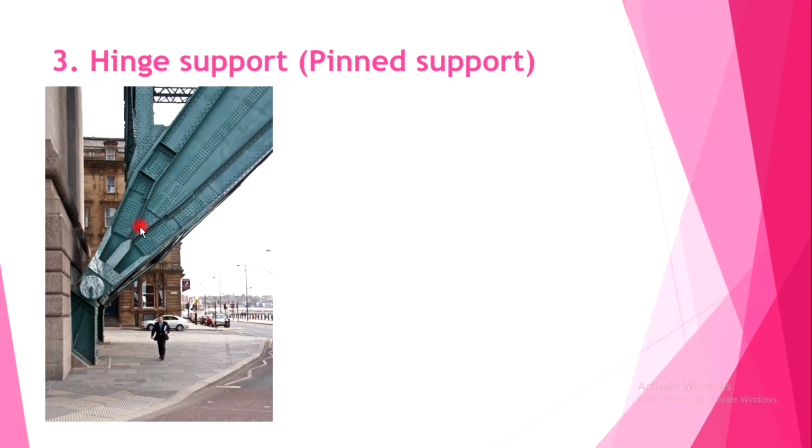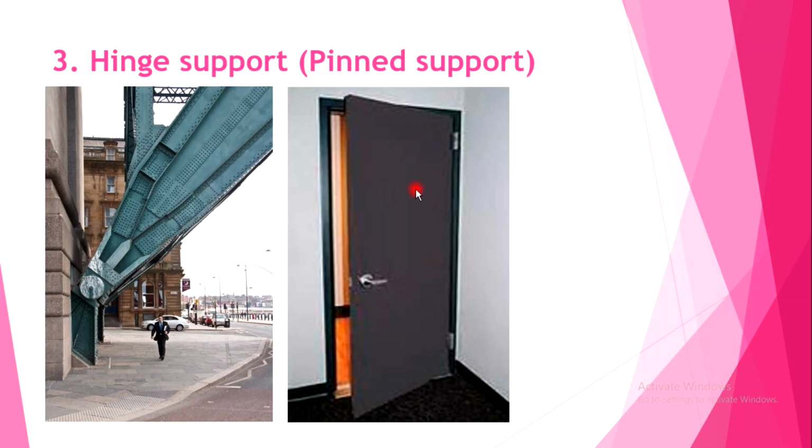Here is a practical hinge support. Here we have a steel girder which is connected to the column by the hinge support. It will allow the structural element to rotate, but it will resist the horizontal movement and vertical movement. The best example for the hinge support is here. We have a door which is connected to the door panel by the hinge. With this hinge support, if I apply a horizontal force, it will not move. If I apply a vertical force, it will not move. But if I apply a moment, this door is going to rotate. So this type of support we can call a hinge support.